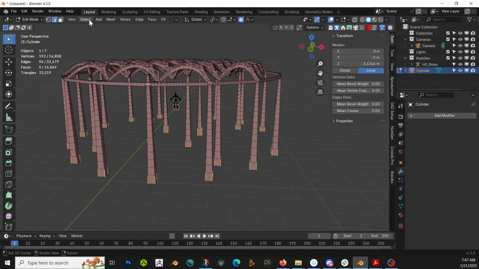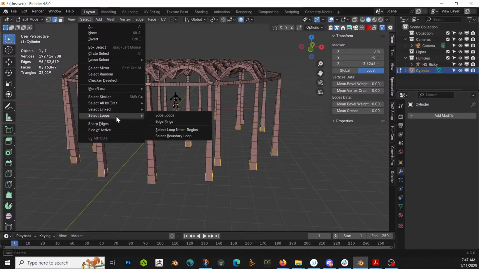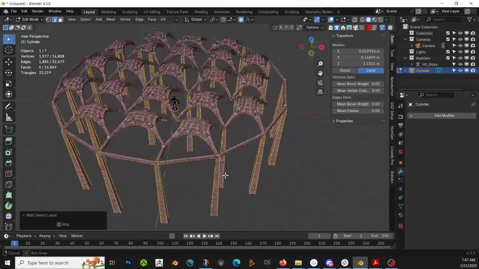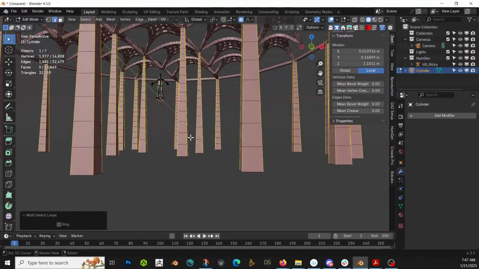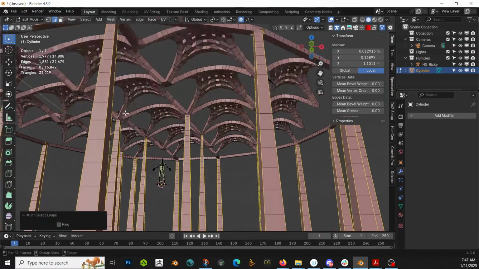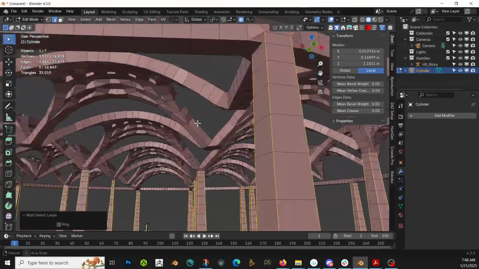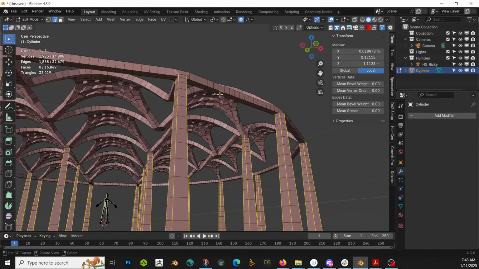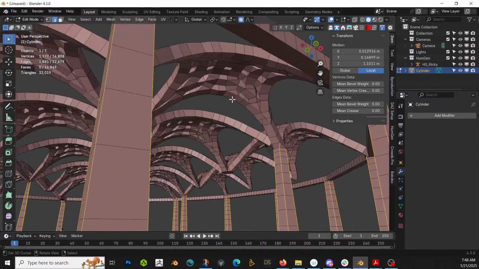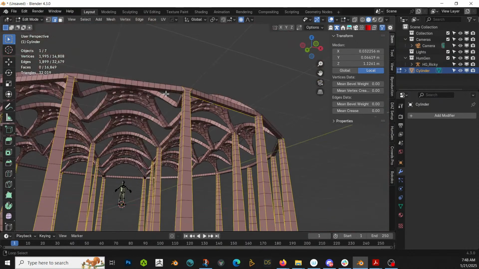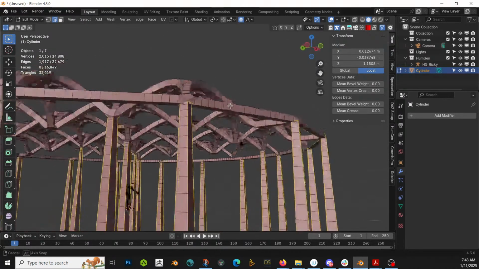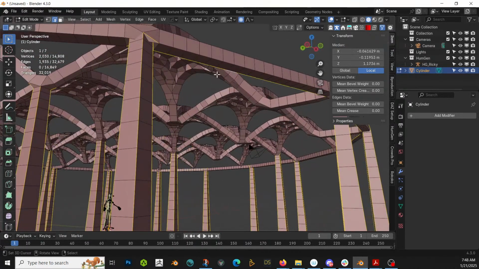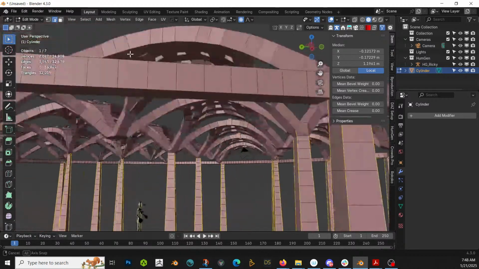Okay. Select loop, edge loops. Edge rings? No, edge loops. Yes, that'll give us all of those going up. Cool. Then we want to select all of those. We don't actually have to have them all selected at the same time. It's probably dangerous that I'm doing it that way, but